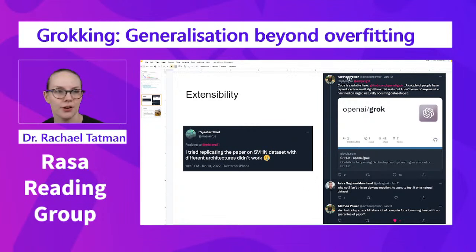And then Alethea Power, you may recognize them. They are the first author on the paper, and said in response to somebody, I'll just read the whole thread. They said, a couple of people have reproduced on small algorithmic data sets, but I don't know of anyone who has tried it on a larger naturally occurring data set yet. So Pajiter did, no luck. Jules replies, why not? Isn't this an obvious reaction to want to test it on a natural data set? And then Alethea replied, yes, but doing so could take a lot of compute for a long time with no guarantee of payoff. And I think that's, for me, the main takeaway of this paper,